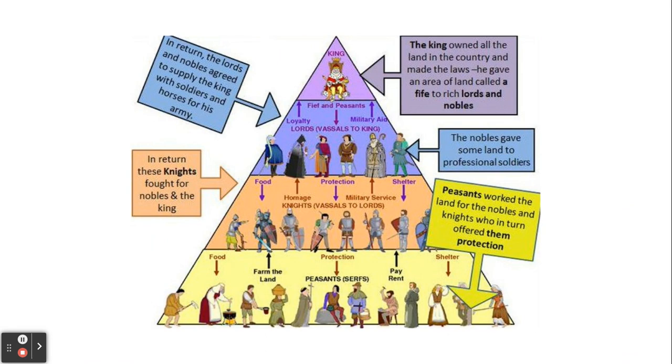As depicted by this image here, generally speaking, a king or a queen would be the beneficiary beyond everyone else, like so many social class systems are. You can see the king is going to own all the land, and then it's going to be kind of a trickle down to his lords and vassals, down to the knights that provide military service, and of course the peasants that are going to work the land and receive, in quotes, protection from the knights, but often do the most work for the least benefit. So that right there is the feudalism system in a nutshell.